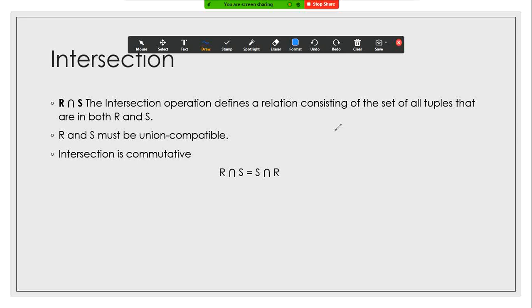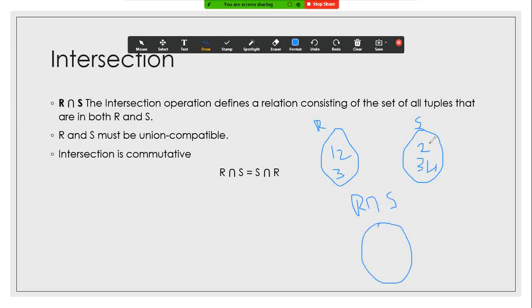So here if I have these two sets, R and S, here I have 1, 2, 3 and here I have 2, 3, 4. So what will be R intersect S? It will include values that are present in both R and S. So 1 is present only in R but not in S, so we will not write it.